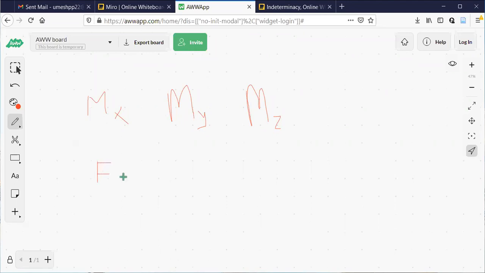Fx, Fy, Fz. I'll try to show it. Observe here. Like this, let us say this is z-axis, this is x-axis. Anything, it is all a matter of convenience. I can name this as x, this as z. It is a matter of convenience. x, y, z are the three axes.